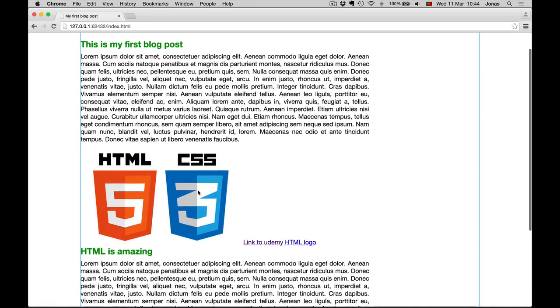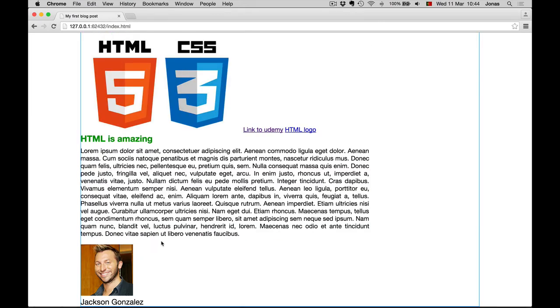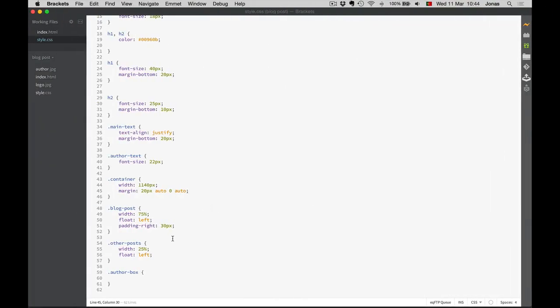Another cool thing we could do is to add like a gray line here to separate the author box from the two boxes above them. So let's just go back to the author box and we'll use a border property. And this border property allows you to do three things: the border width, the line type, and the color. So just write border and top because we want it to be at the top of the box, and then say 1 pixel width, and we want it to be solid, so just a normal solid line,